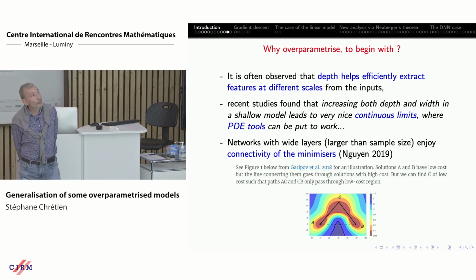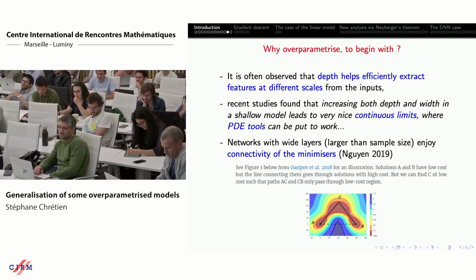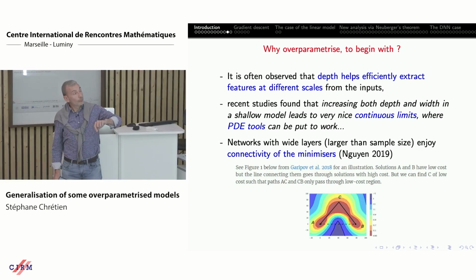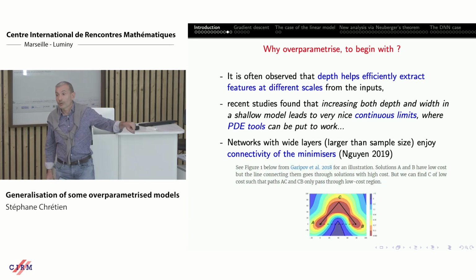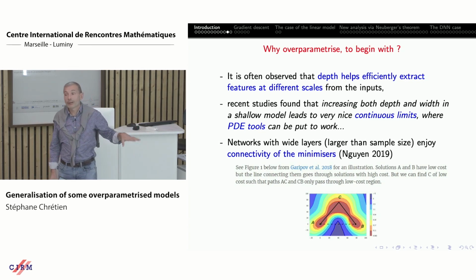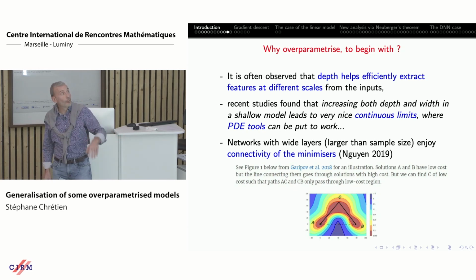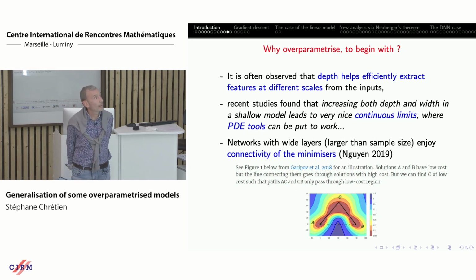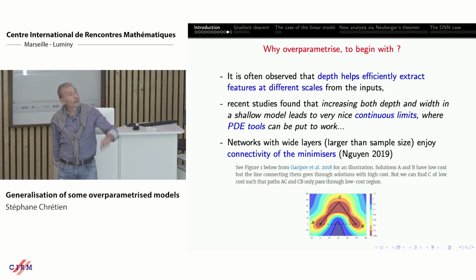We can also prove that such networks may enjoy connectivity properties that allow us to imagine that there are some paths from stationary points to stationary points that keep the level of the function at a very small altitude, say the worst plus epsilon, depending on the size